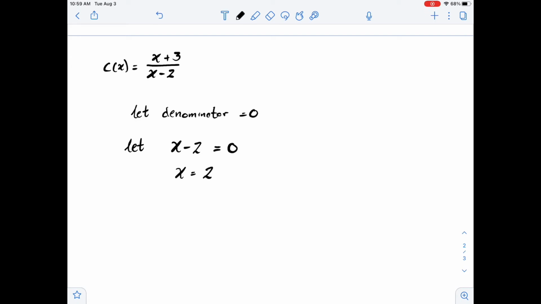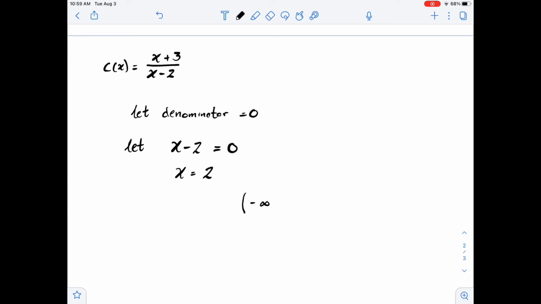And this time, in this particular rational function, the only thing that is not allowed is 2. Everything else from negative infinity all the way up to 2, right up to it, is fine, is in the domain. 2 is not. And then everything to the right of 2, positive 2, is also in our domain. And so how do we write that? Well, our domain then,